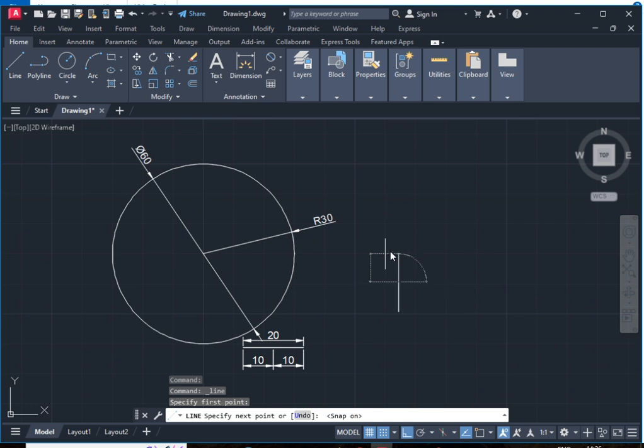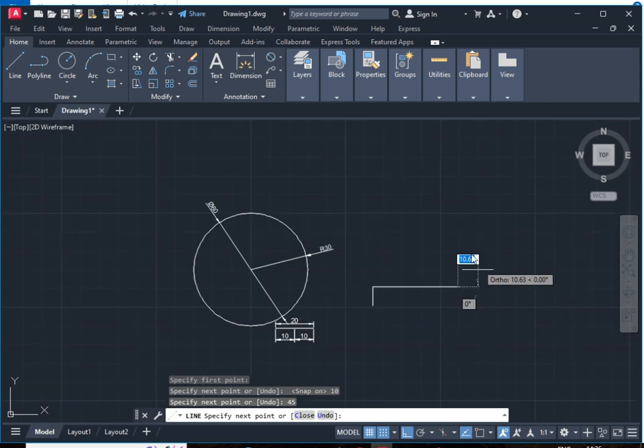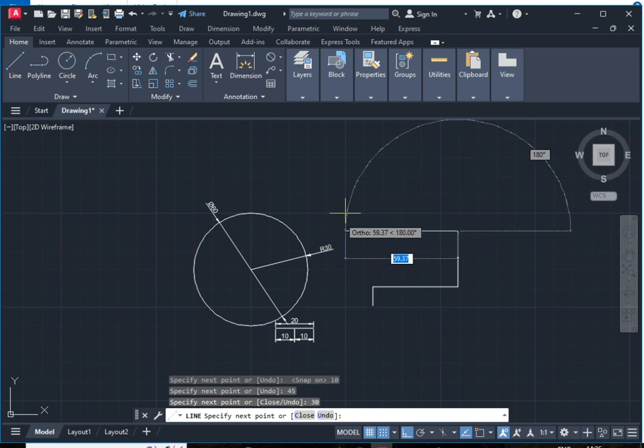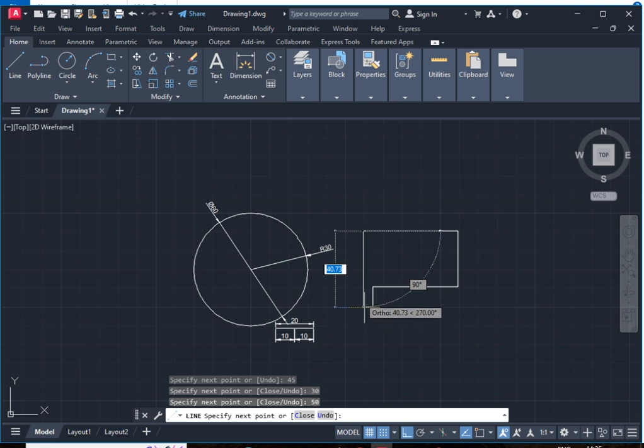Place the dimension 10 feet, then give another direction 45 feet, then I need upward 30 feet, then horizontal 50 feet, then again 30 feet, 20 feet, 10 feet, and close it. While closing, my O snap is off, so I'll make it on and close it here. Again my grid is